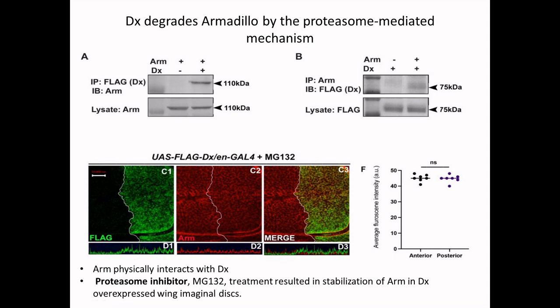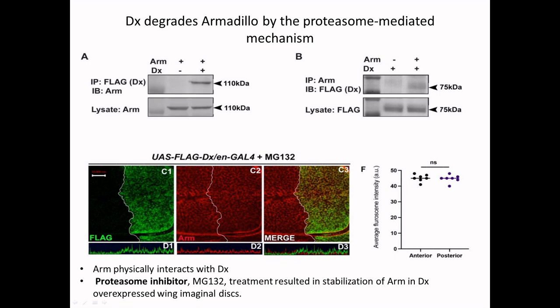Proteasome inhibitor MG132 treatment resulted in stabilization of armadillo in Deltex overexpressed wing imaginal disc. Image C1 shows the expression of flag-tagged Deltex in the posterior region. Image C2 shows the expression of armadillo in both anterior and in posterior region. However, in this case, the expression of armadillo is the same in both the cases, and it can be confirmed from